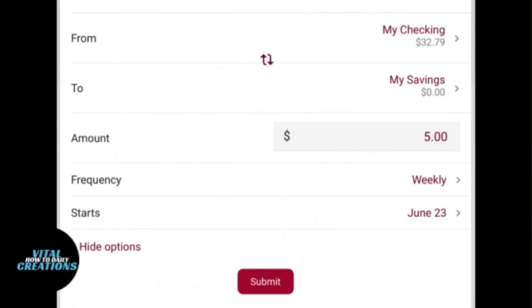Now review all the information to ensure accuracy. Click on Confirm or Schedule Transfer to finalize the setup. Now by following these steps, you can easily set up recurring transfers with Bank of America, ensuring your payments or savings are managed